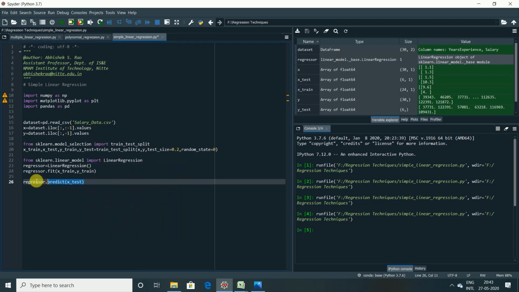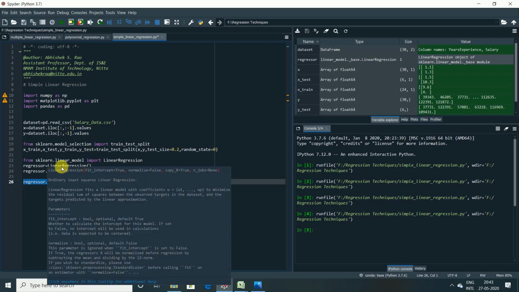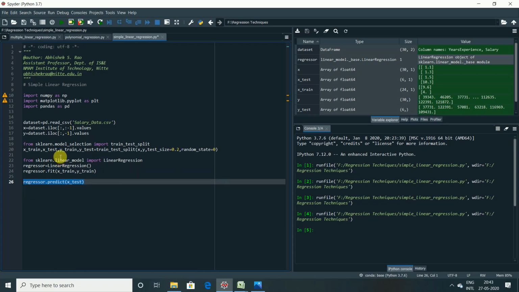So now what happened? We invoked a method called predict of X test via the regressor object here. Because we are going to visualize the training set results and the test set results, I am going to put all these predictions in a new vector variable called y_pred, so that we can compare the predicted result with the actual result.